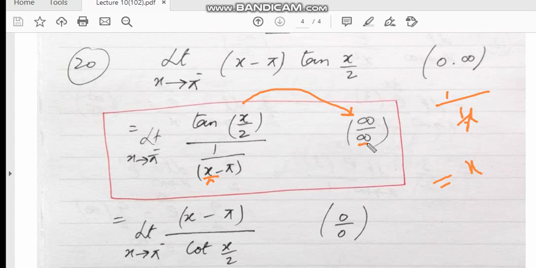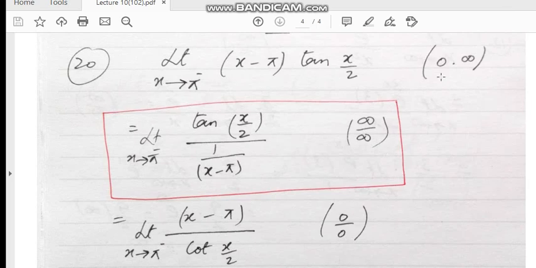Remember one thing, that when we check infinity over infinity form, we need not check whether it is plus infinity or minus infinity. We are interested just in finding the form, that is plus infinity, minus infinity, it's not the matter. We are just checking infinity over infinity form. If I proceed with this type of question, derivative of tan will be secant square x by 2, then derivative of x by 2 will be 1, and the derivative of numerator will be minus 1 over x minus pi square. The value of this one and this one again become infinity over infinity form, and the question will not end.